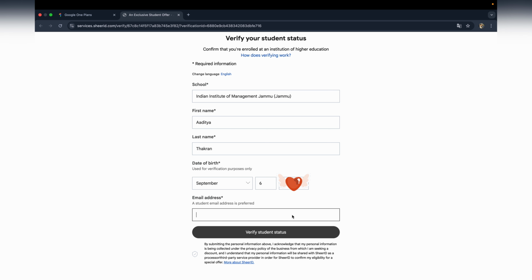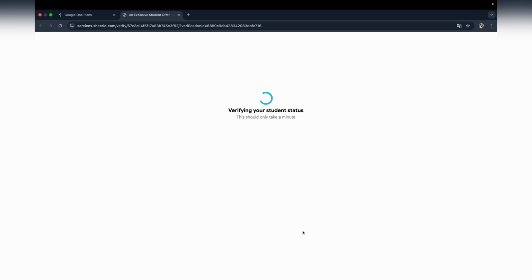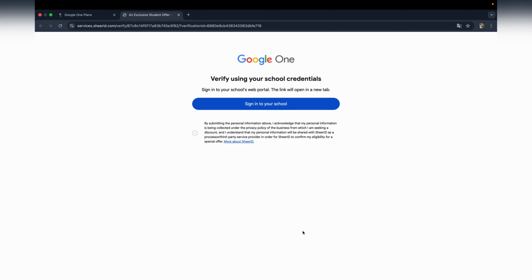So here you have to write your institute mail ID provided by your institute, which will have your institute domain. So if you don't have that sort of email ID, don't be worried, I'll be making a new video on that as well. So here I'm writing my institute mail ID and click on verify student status. After clicking verify student status, it will be showing like this,